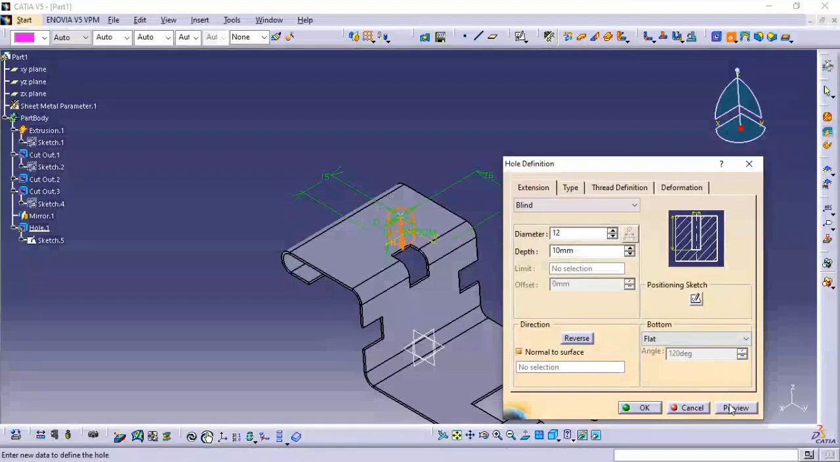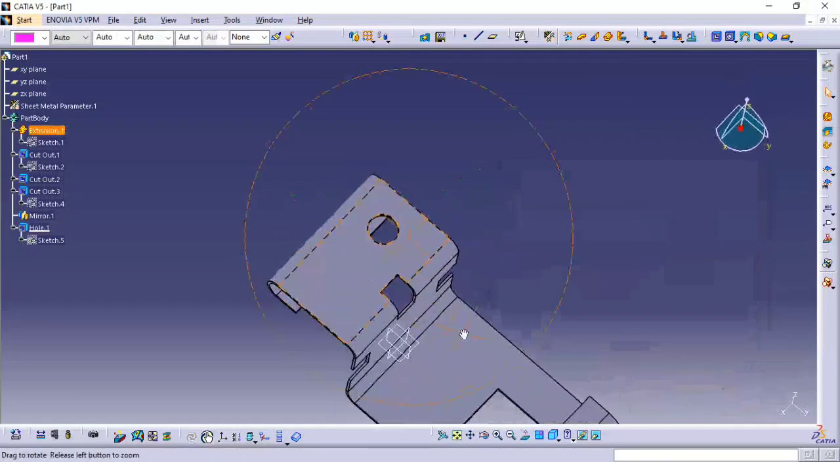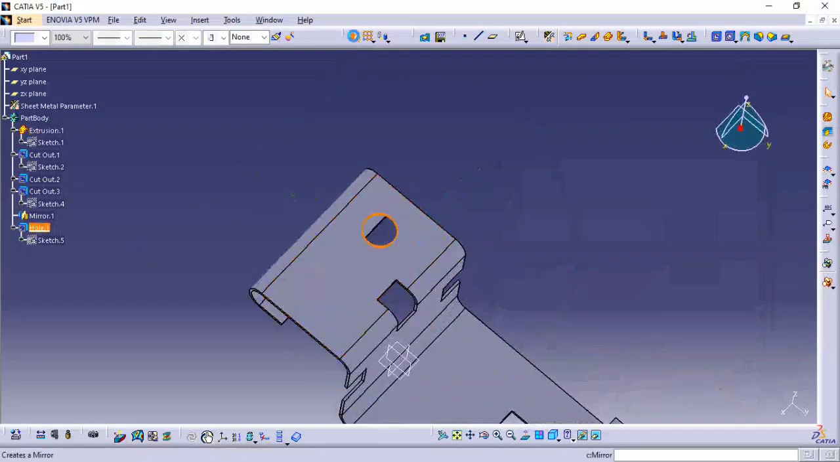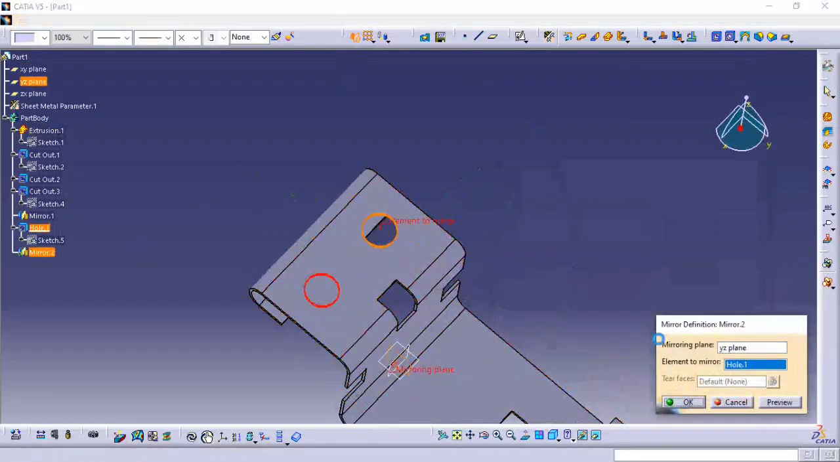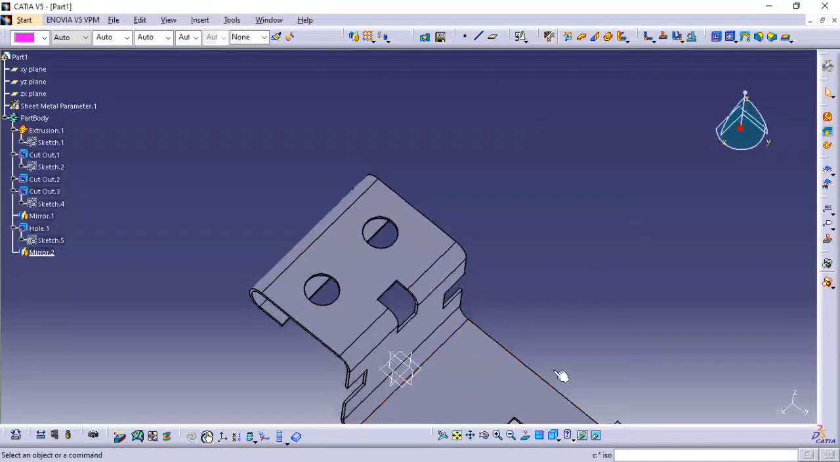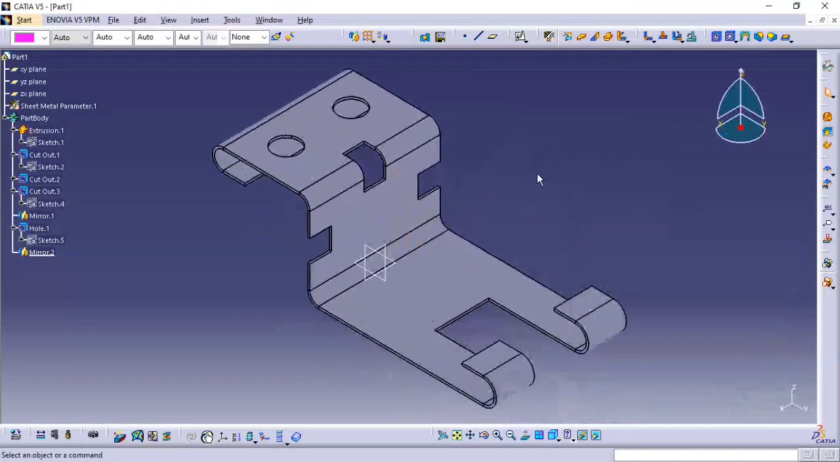Click on preview, and up to next only. Click on preview, click on OK. The same hole I want on the other side. Use the mirror tool. Click on OK. That's it, guys. So next thing is,